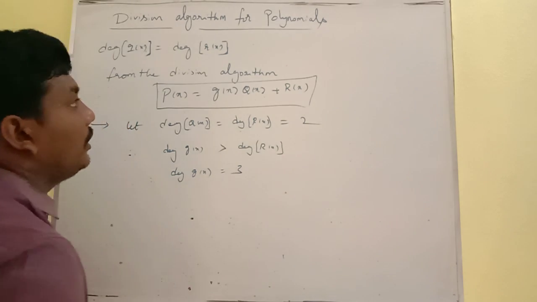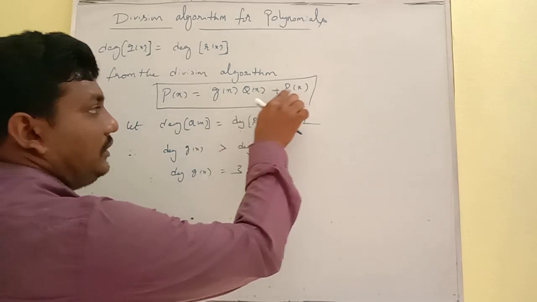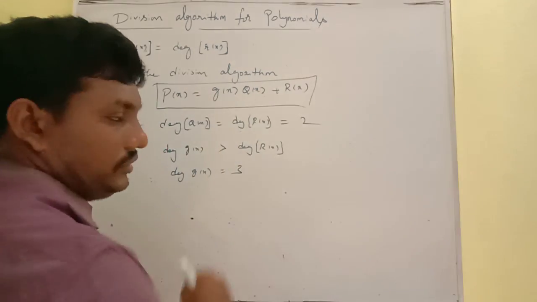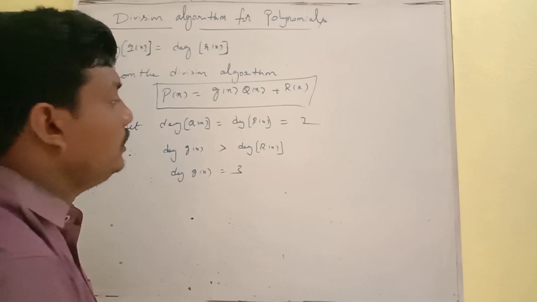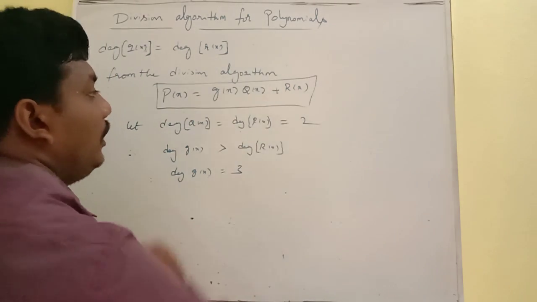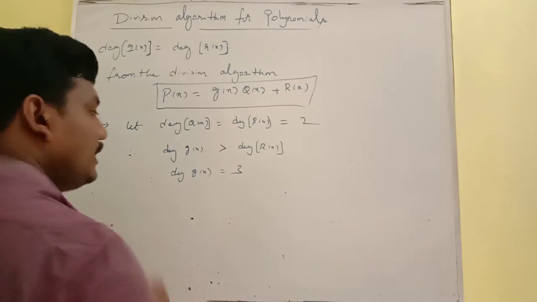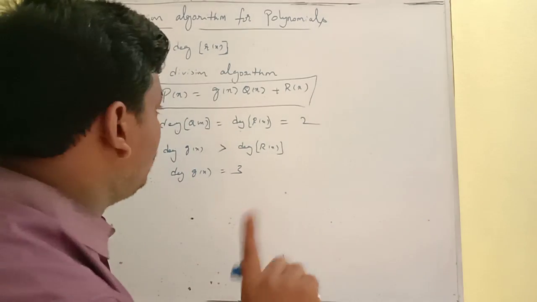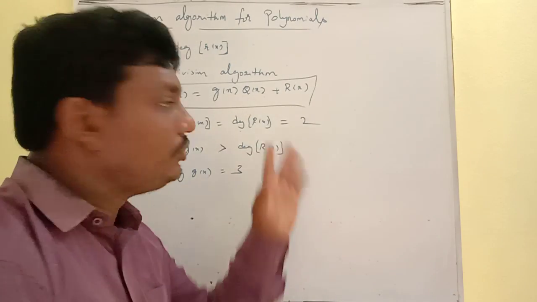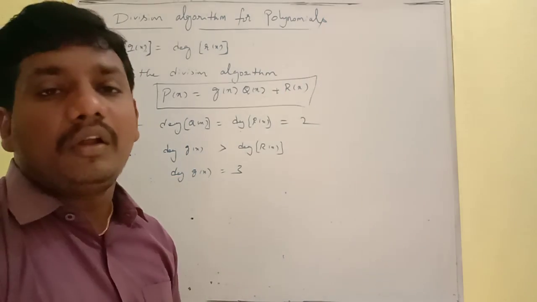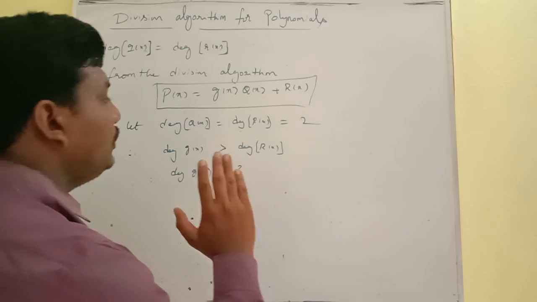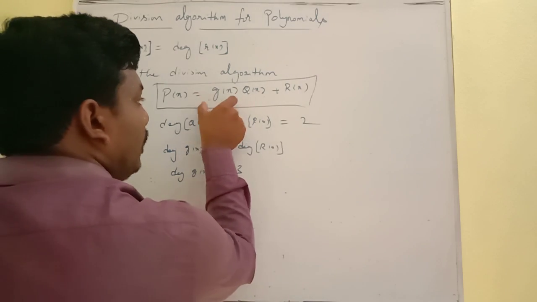So now we are going to conclude it. So g of x and q of x and r of x. That means first we have to set the RHS values. So then we are applying these values in the division algorithm. We can get the p of x value easily, but you should not consider p of x directly. If you consider p of x directly, it is very tough to design all the polynomials. So always we have to try to give examples for g of x, q of x and r of x.